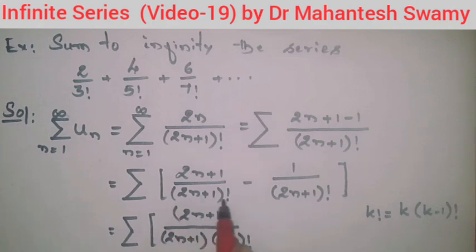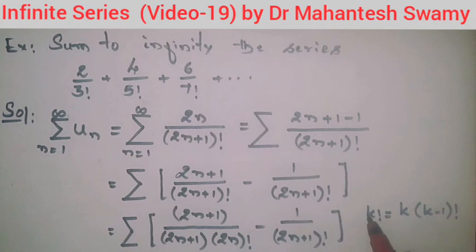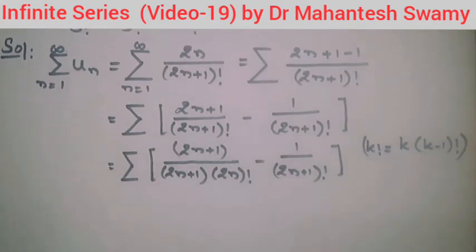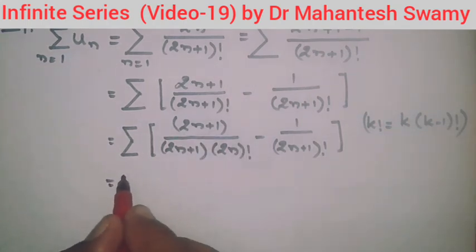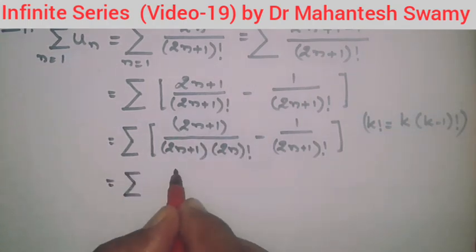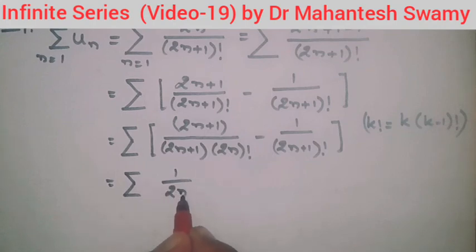So we have used the property of factorials and simplified the denominator like this, minus the second term remains as it is, because we know the value of this directly from our knowledge of exponential series. So in the next step, let us cancel these two, and the answer is going to be summation of 1 divided by 2n factorial, the first term in the bracket.